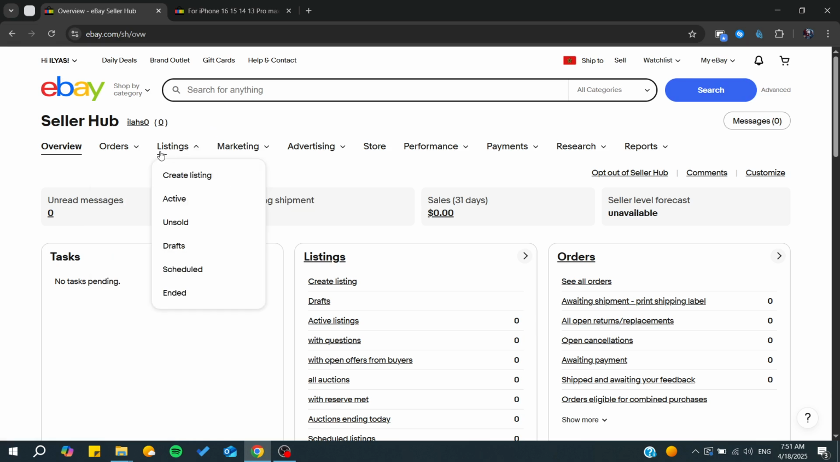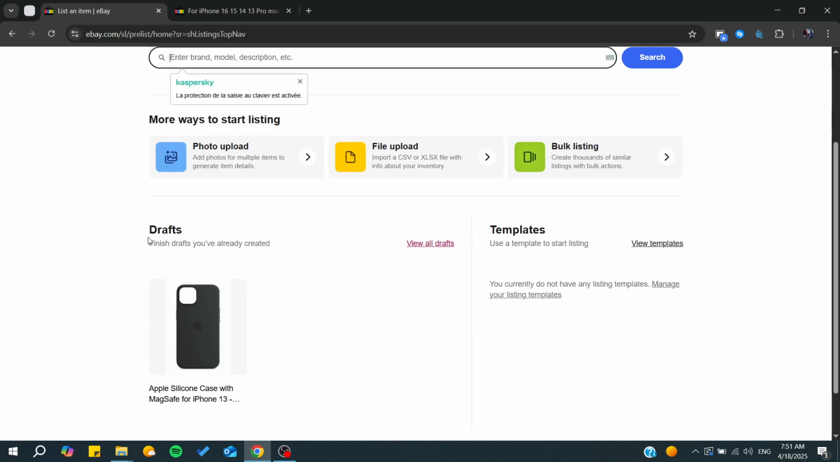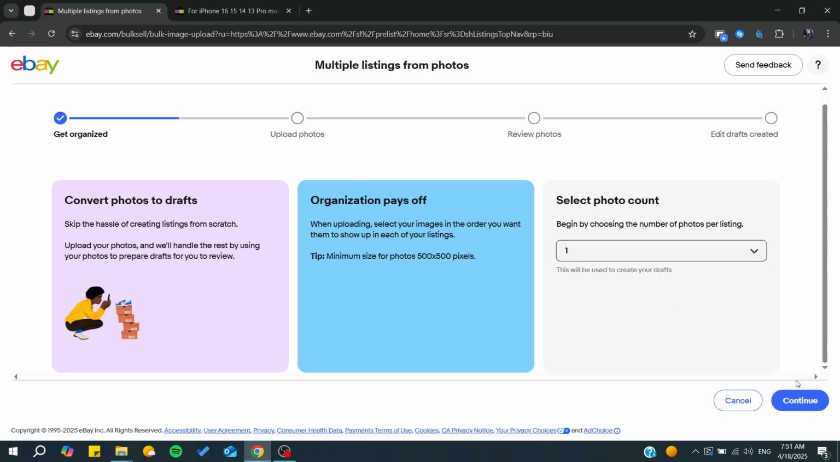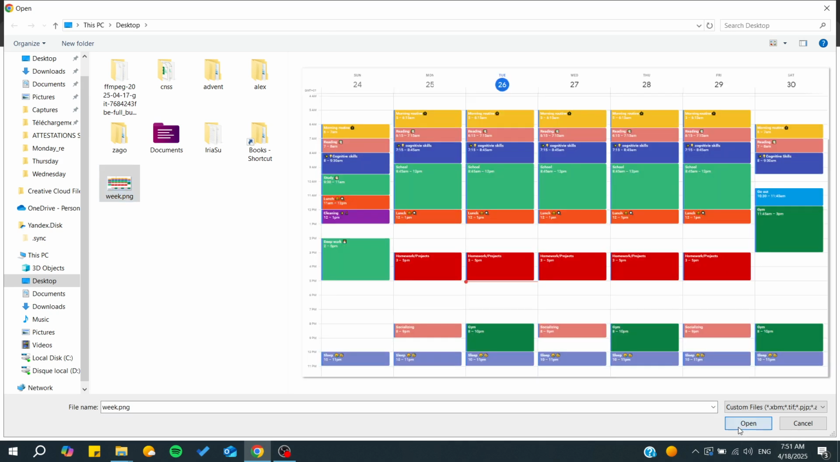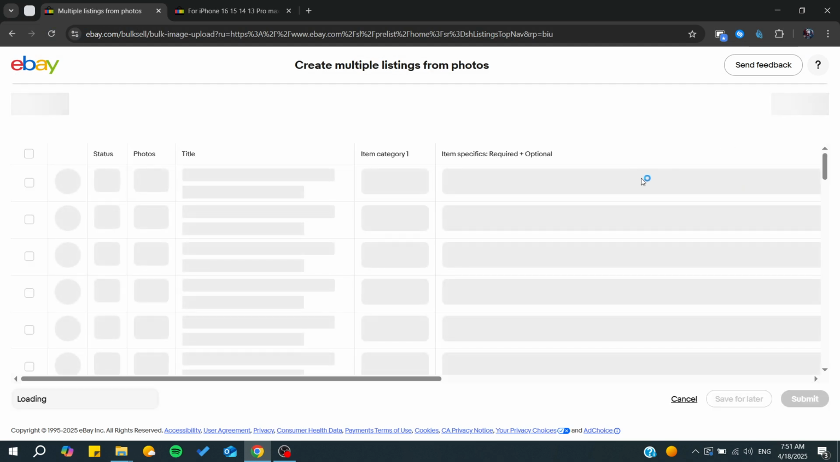Now we will be able to start creating listings from the Seller Hub. So simply go to Listings and from here we will find Create listing. By clicking on Create listing, you will be able to start creating your own listing. Either you can use templates or you can simply upload photos first. I'm just going to click on one, continue, and you will need just to upload some pictures. I'm just going to click on Open and then Generate drafts, or you can simply click on Generate drafts, and